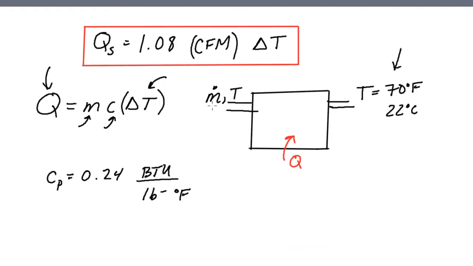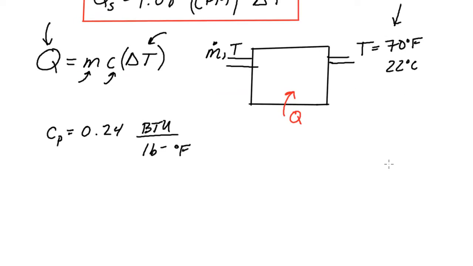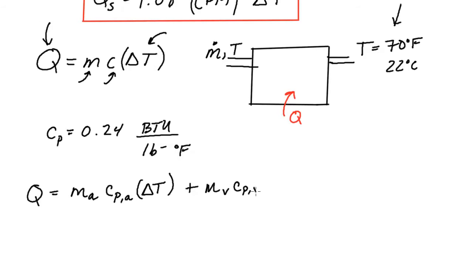So if I go back to the top here, and I look at what air is, and I look at the Q equals MC delta T, well, I can add these energies together, and so I'm going to have the mass of air times the CP of the air times the delta T of that air, plus the mass of the vapor, CP of the vapor, and that times its same delta T. We're assuming these temperature differences are the same. Now, we can divide everything by some unit of time, and we can make these all per unit time. So this will be now in power or watts, and this will be in, for instance, we'll say pounds per hour, but it really doesn't matter much. And we have this total